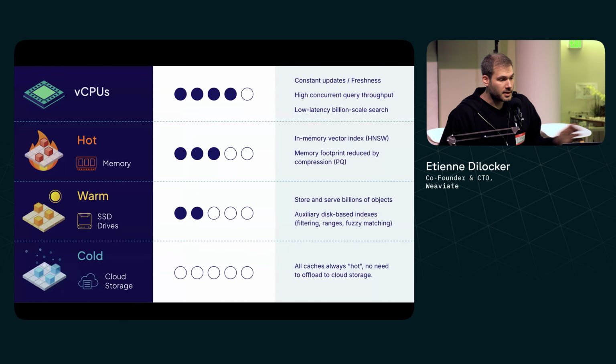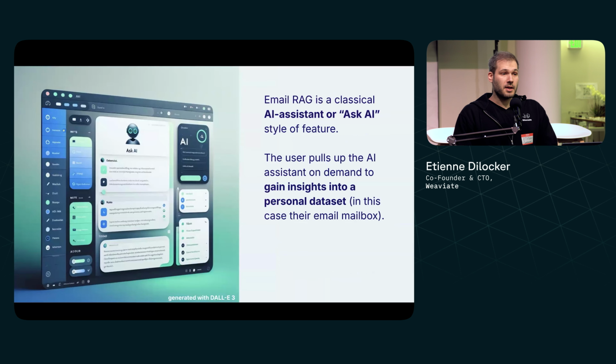So in summary, the first half of the speedrun, the first use case, billion scale, 10 billion or so objects, uses a lot of CPU for this in-memory graph index HNSW, costs a lot of time to build this graph and also to constantly repair it for the deletes. It runs in memory, but we managed to get the memory footprint down quite a bit by using compression. And then, of course, it's a database, so you have stuff on disk. As you're seeing, we're not using cloud storage here, but that is mainly in contrast to the other use case,